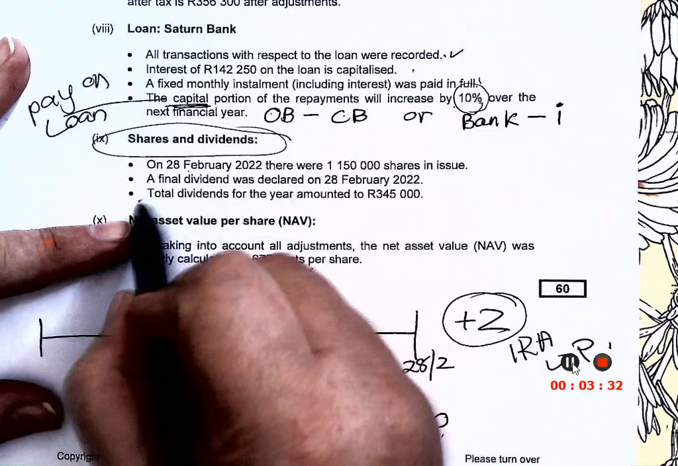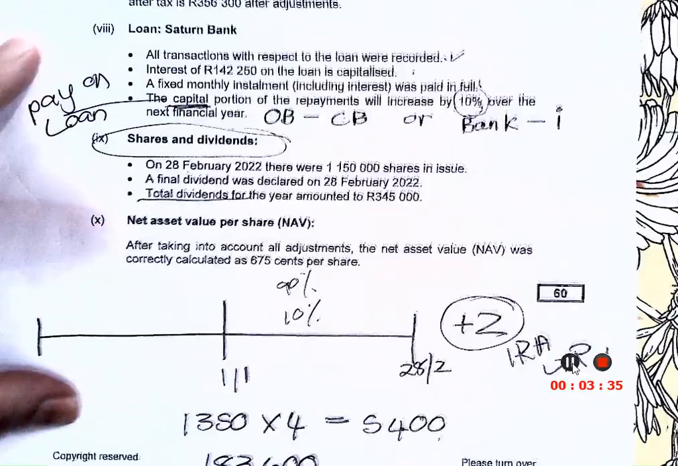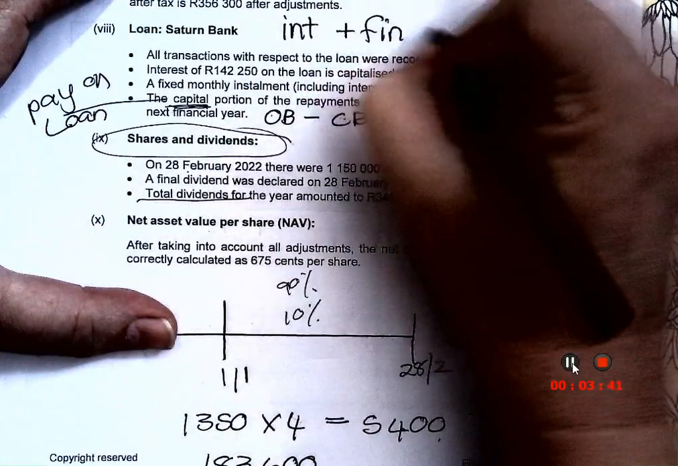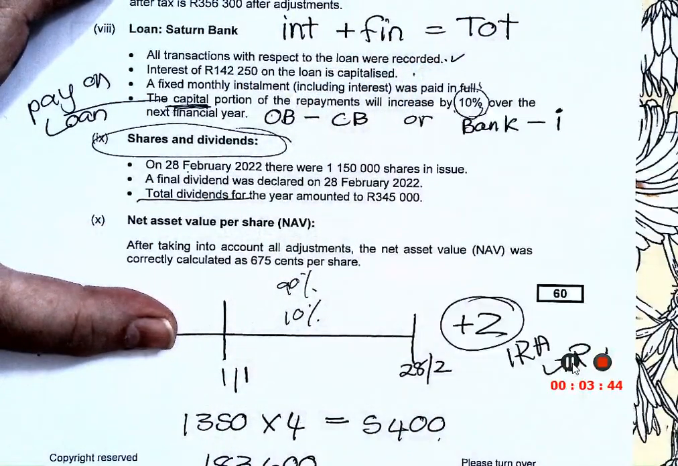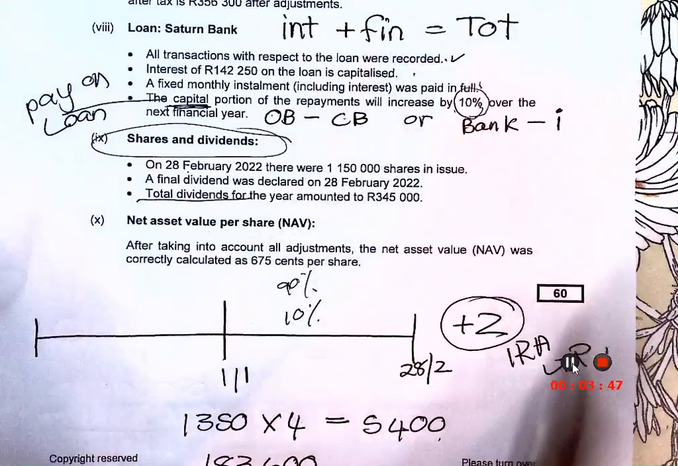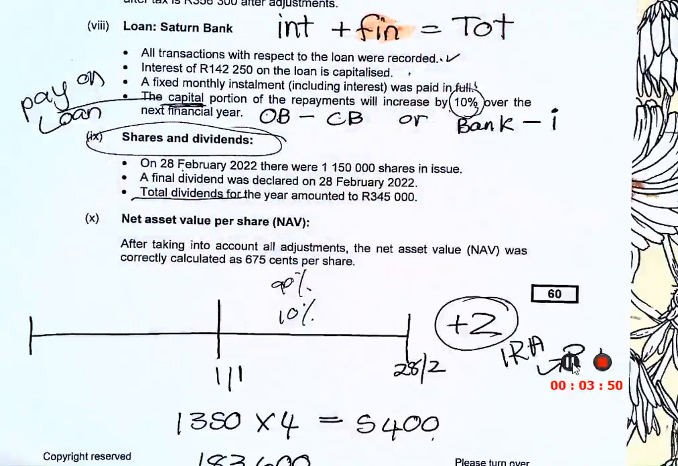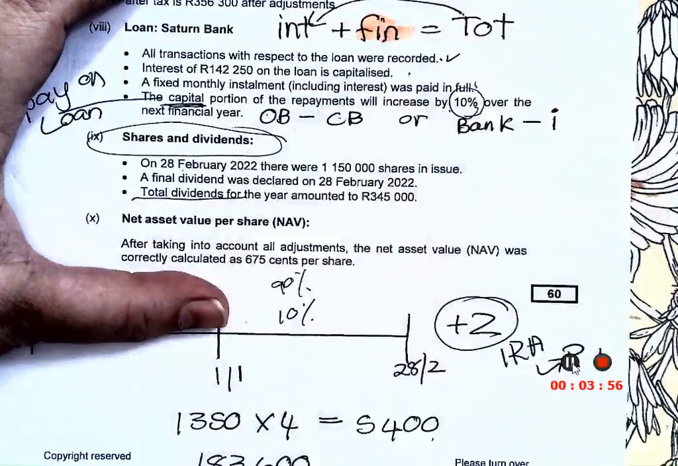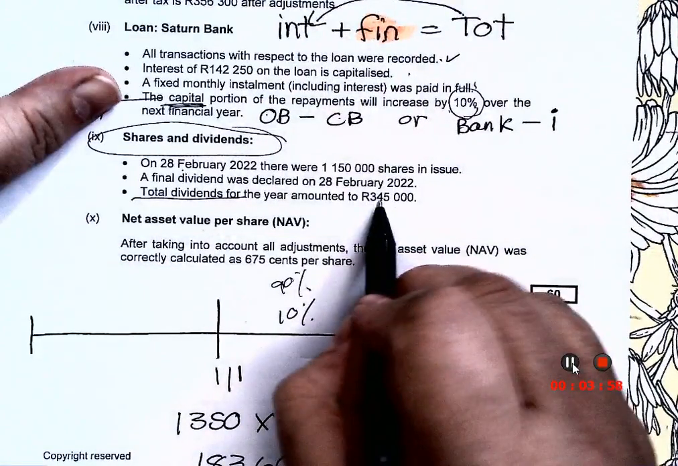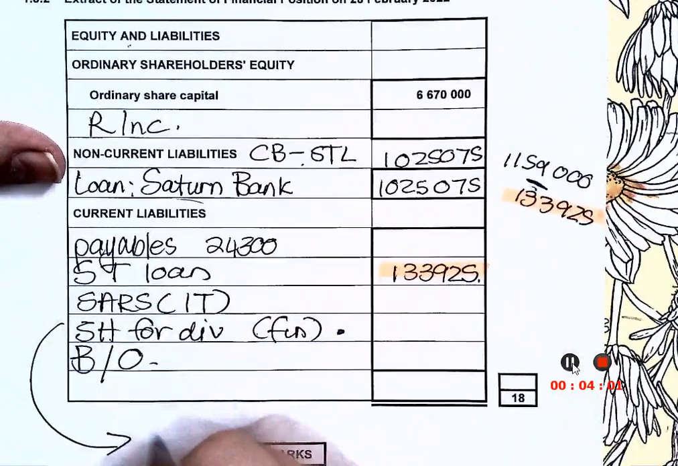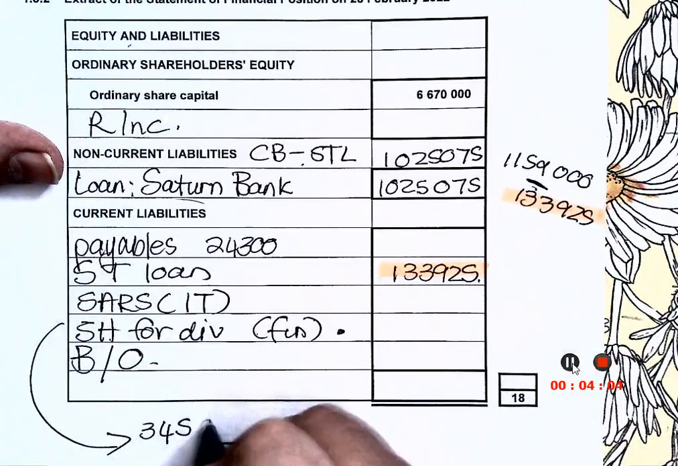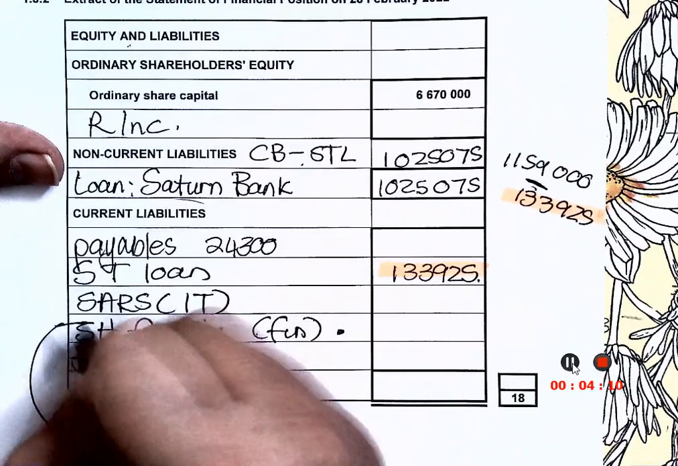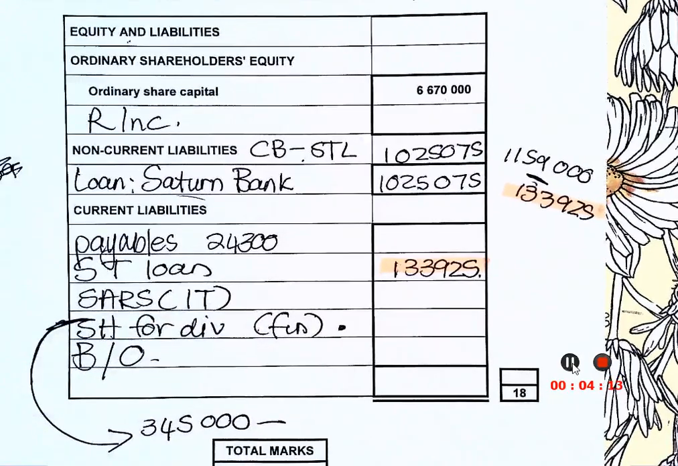Okay. But then they give me a third one that says, what is the total dividends? So I know interim plus final gives me total. I am looking for the final. So can you see, if I have the total and I have the interim, I can get the final. So they gave me the total is 345. So I'm still going to do it here. 345. And it's totally legit doing it like I'm doing it here, because they can see that you have a